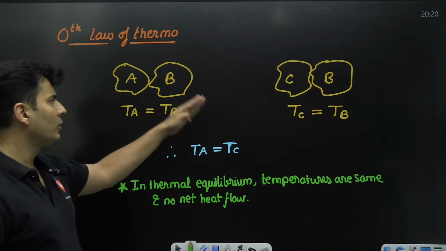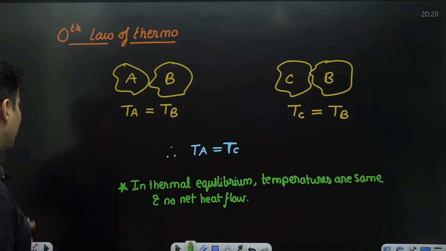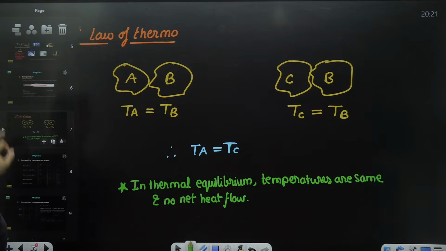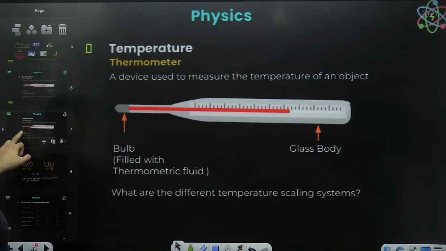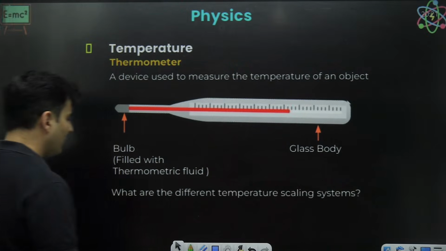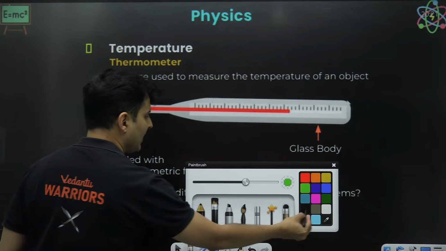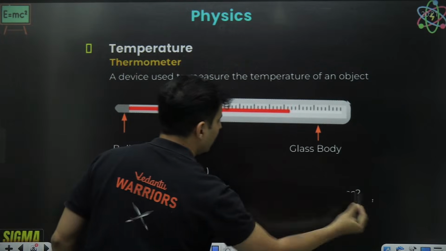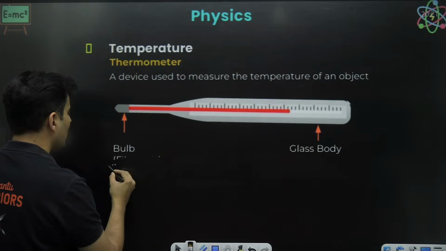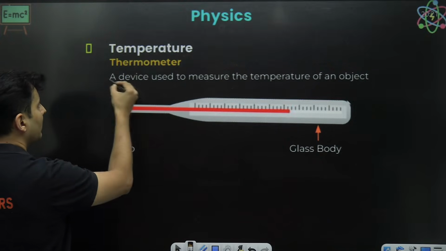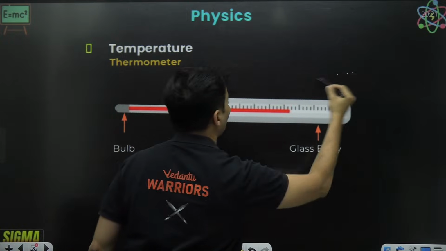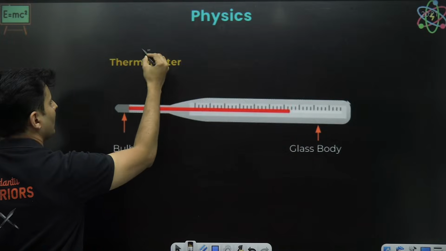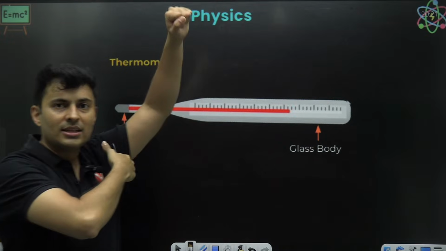So heat does not go from here to here nor from here to here. So that is your zeroth law of thermodynamics, and that's exactly what a thermometer is based on. You might be wondering how exactly, sir, it is based on the zeroth law of thermodynamics. So let me tell you in a very simple way. There is the bulb of the thermometer, which is the part which is generally going to touch the human skin